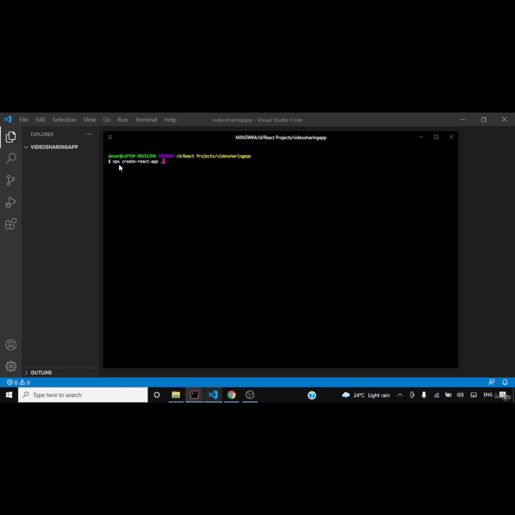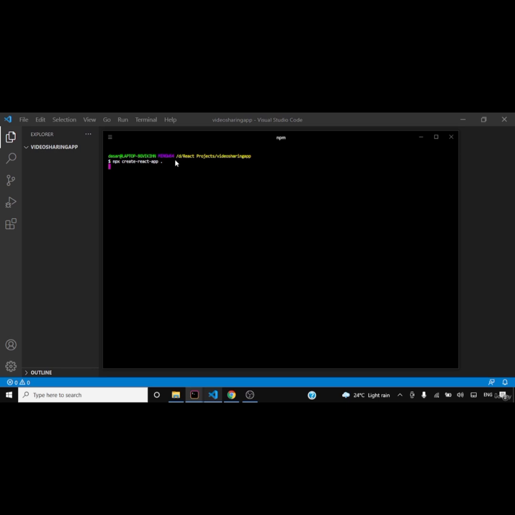npx, you can call it a part of npm, node package manager. So we'll be getting this from npx, and create-react-app is the name of the script that installs all the React app modules and everything that we want to get started with the React app. And then the final thing, this dot, it will create the React app in the current directory itself. Like we are in the video sharing app directory, it will create in the current directory. Or if you want to create another folder, you can mention the folder name. But as I have created the folder and want to create the React app inside this folder itself, I'll be using this dot. So when you click on enter,